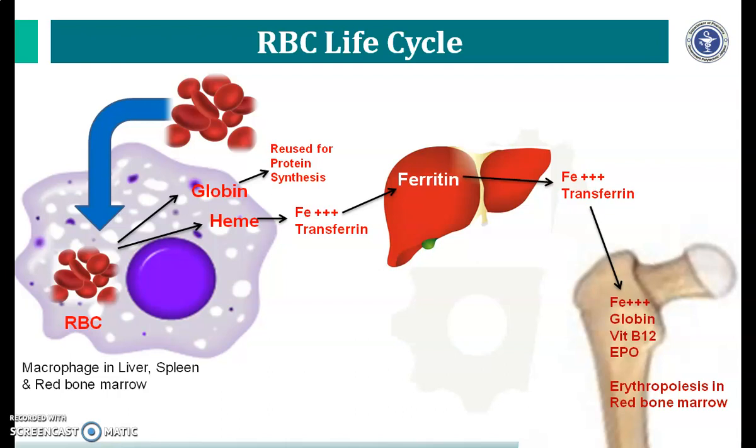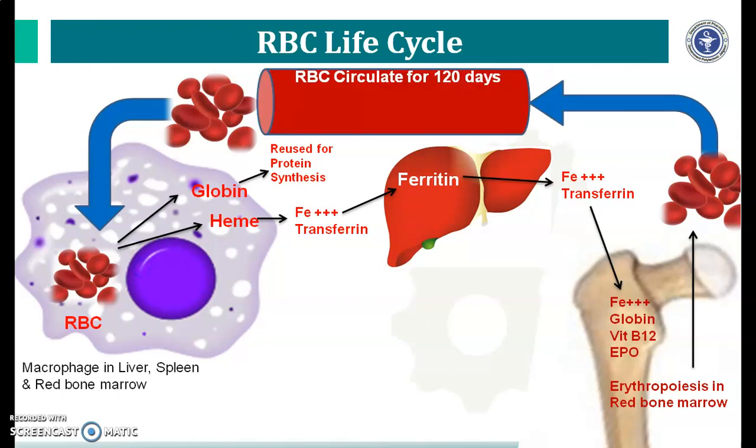Erythropoiesis takes place in red bone marrow. The hemopoiesis of RBC begins in hemopoietic bone marrow, which forms the stem cells, which are converted to erythroblasts, which then form the reticulocytes, which are precursors of RBC and which enter the bloodstream. And this reticulocyte is converted to the RBC, and RBC remains in the bloodstream for a period of 120 days.